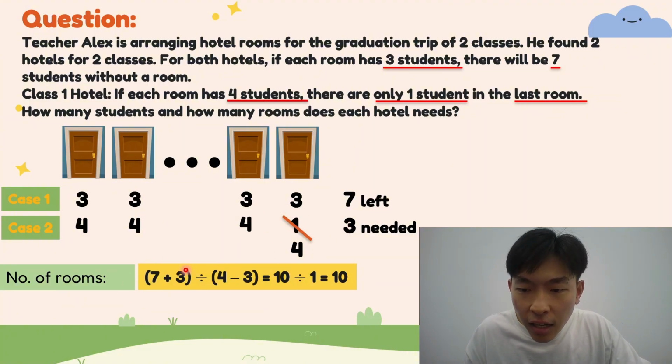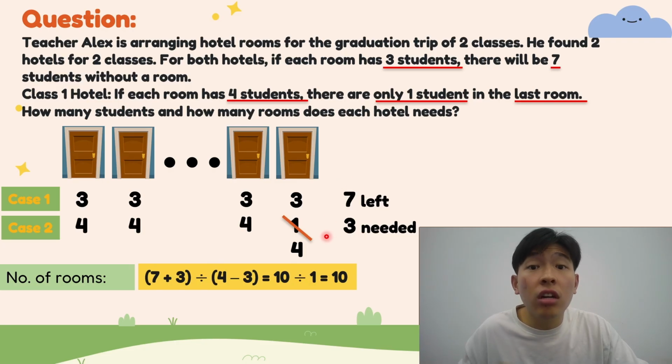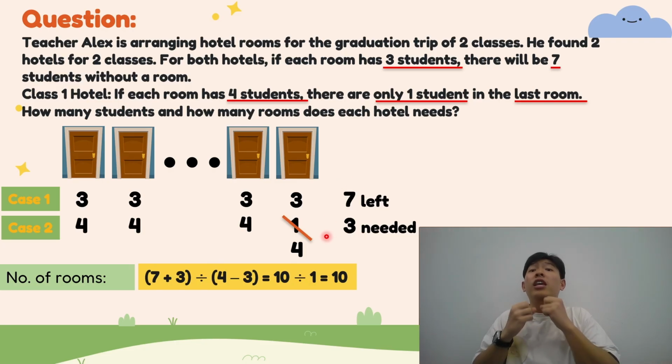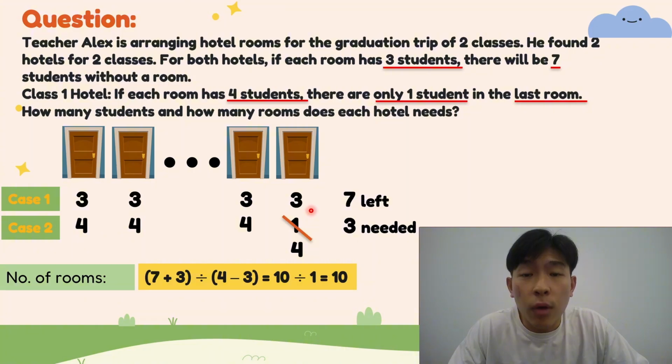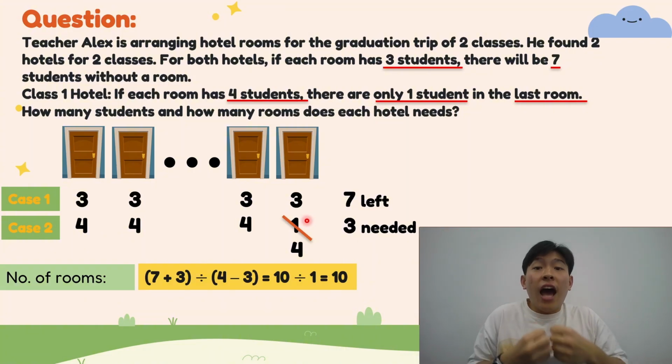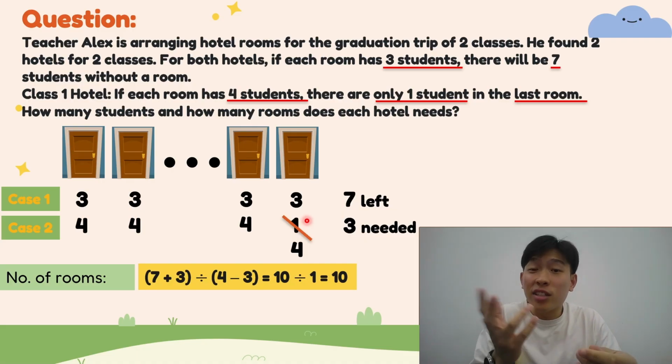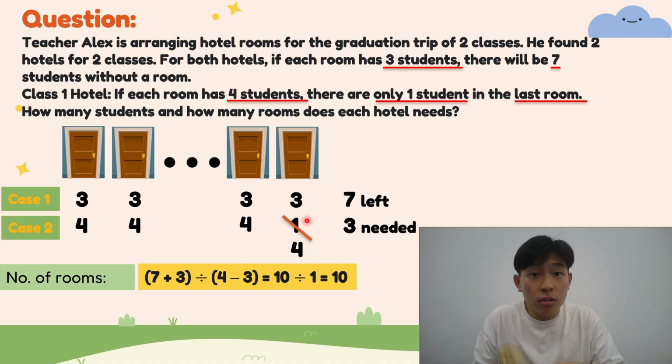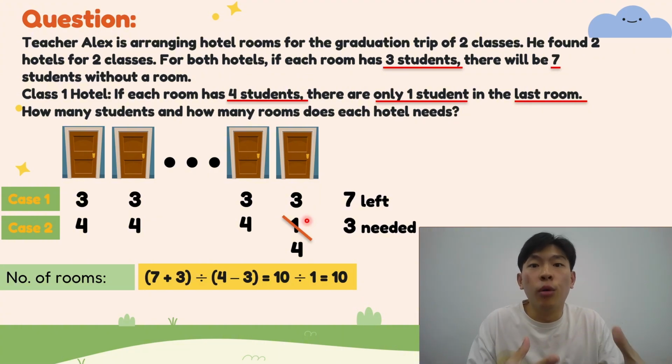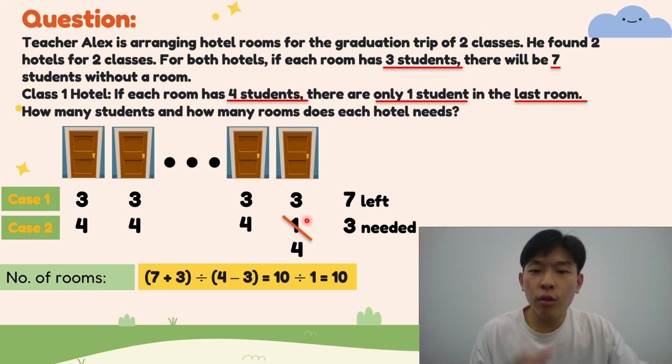So this 7 plus 3, 10, is the total extra students that we give to each room from case 1 to case 2. So now we are giving students to each room. Just like the last question, we gave teachers books. Give each teacher books. So now we give each room students. So that's why we are talking